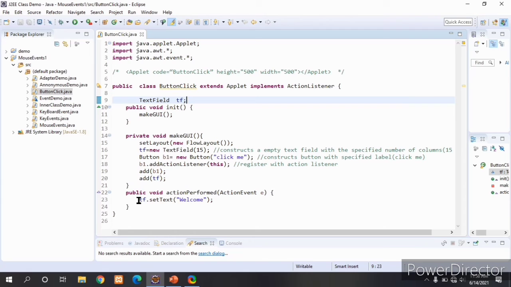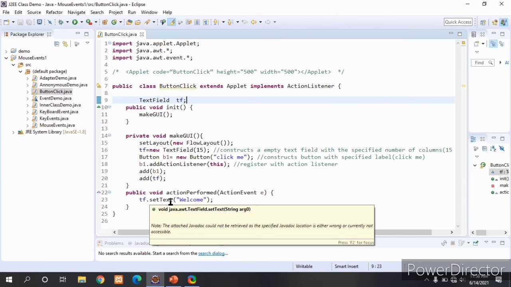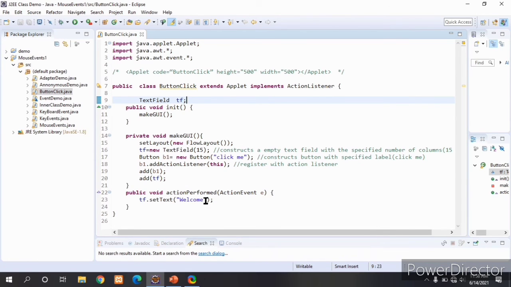So that code I am writing here. By using the text field object, I am setting the text as welcome. This is how we handle events by using an applet program.